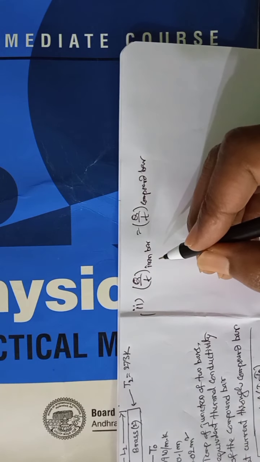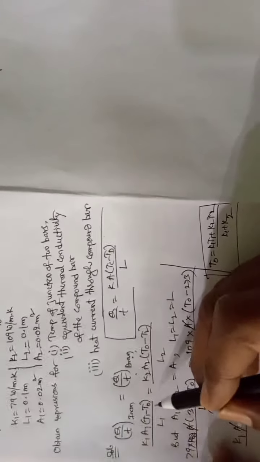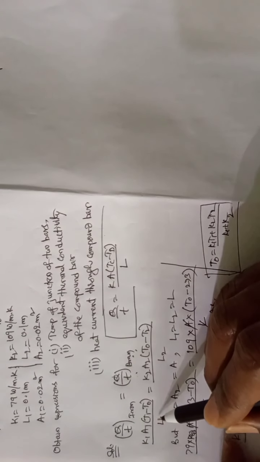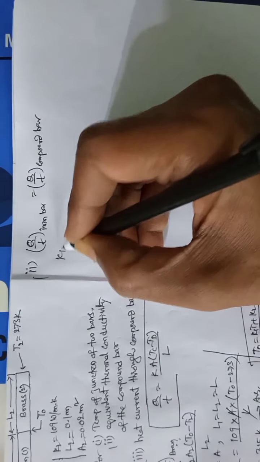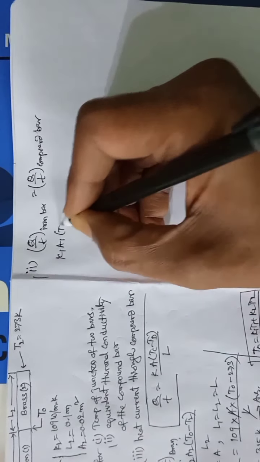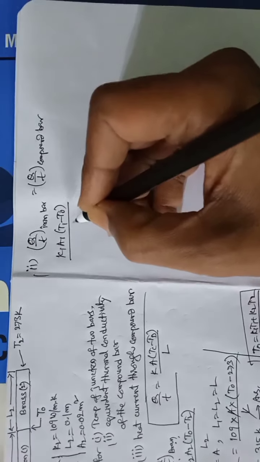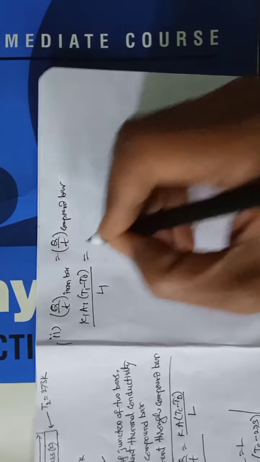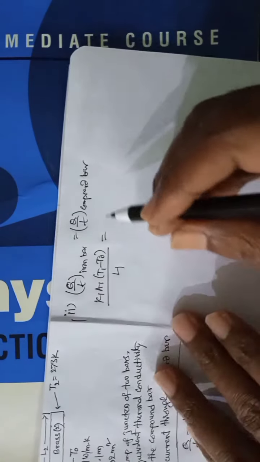Q by t for the iron bar is the same as before. Let me copy this: K1 A1 (T1 minus T0) by L1 is equal to, now for the compound bar,